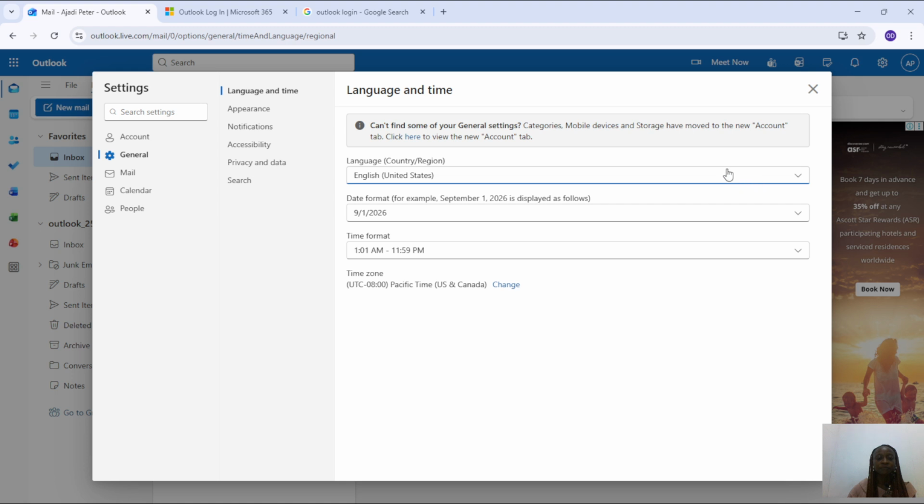It's been set. So having done that, the next thing you want to do is ensure that you set all of this up and then click on change. When you're done, ensure that you restart your Microsoft Outlook account to enable the preferred language you've chosen to properly set in to your Microsoft Outlook account. So this is how you can easily change your language in